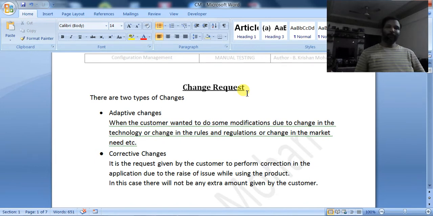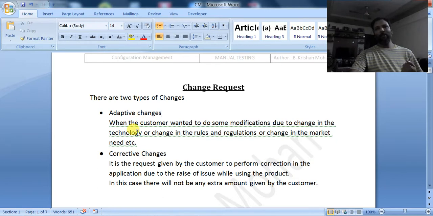So configuration management comes into the picture whenever there is any change, not a corrective change, but an adaptive change. In a corrective change, even though versioning will be done, configuration management may not be fully followed, because it is only a correction.